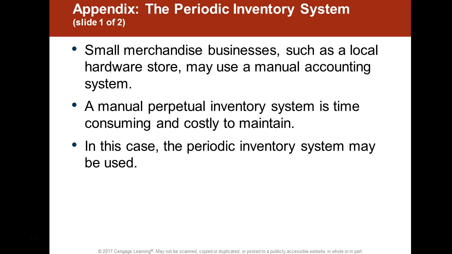I want to thank you very much for using this opportunity to go over the chapter before you read it, to get an idea of the type of things that you'll be looking for and the types of transactions that you'll be expected to record. The periodic inventory system is covered, and I would suggest you read through that, but I believe we're going to be really emphasizing the perpetual method, and I would love for you to use most of your time working through the type of entries that are required under a perpetual inventory system.